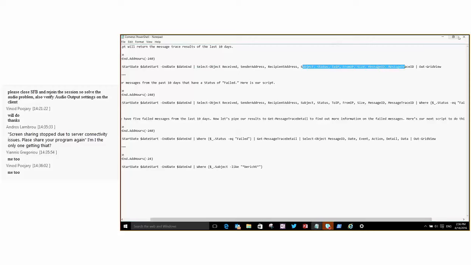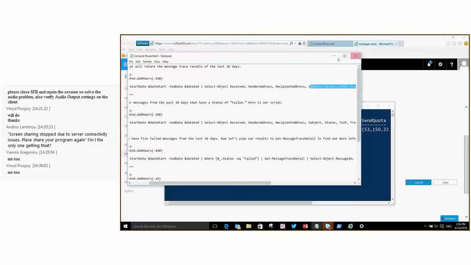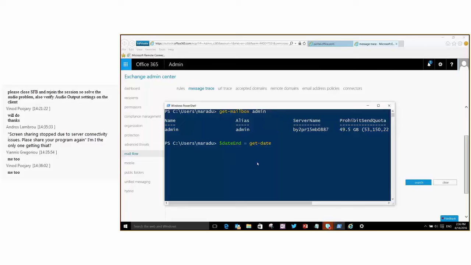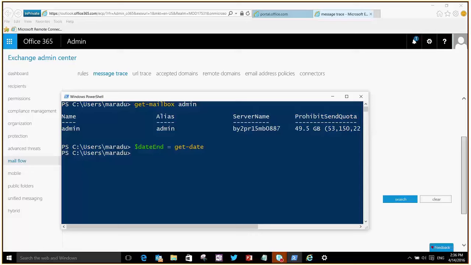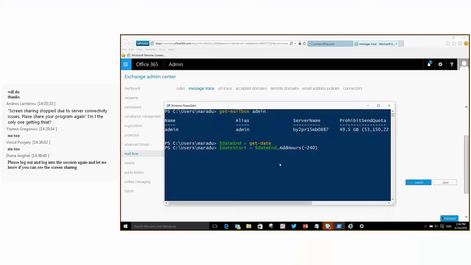So we will look into this in certain detail. Here it will be obtaining the dates. If you use this variable, it will get the date which is set up under my time zone, and it will feed this variable. Here it will use the same variable as above, and it will set a time frame for an additional 240 hours. And in the end, I have the chain of piped commandlets,